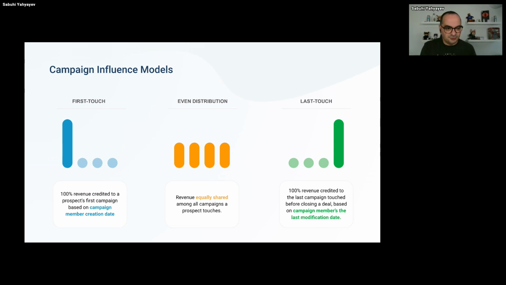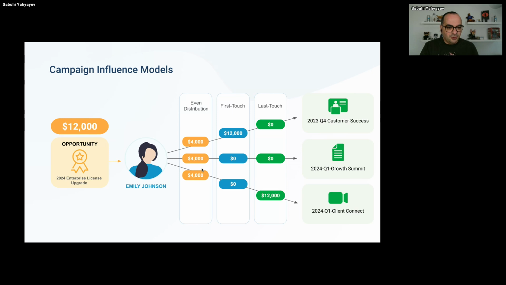Perfect. So we are good so far. If I look at a campaign influence model from a different perspective: if I take the same Emily and run different attribution models, with even distribution all campaigns will get an equal amount of credit, opportunity value divided by 3, because Emily is a member of 3 different campaigns. But if I look at the first touch point, only the first campaign that she was a member of will